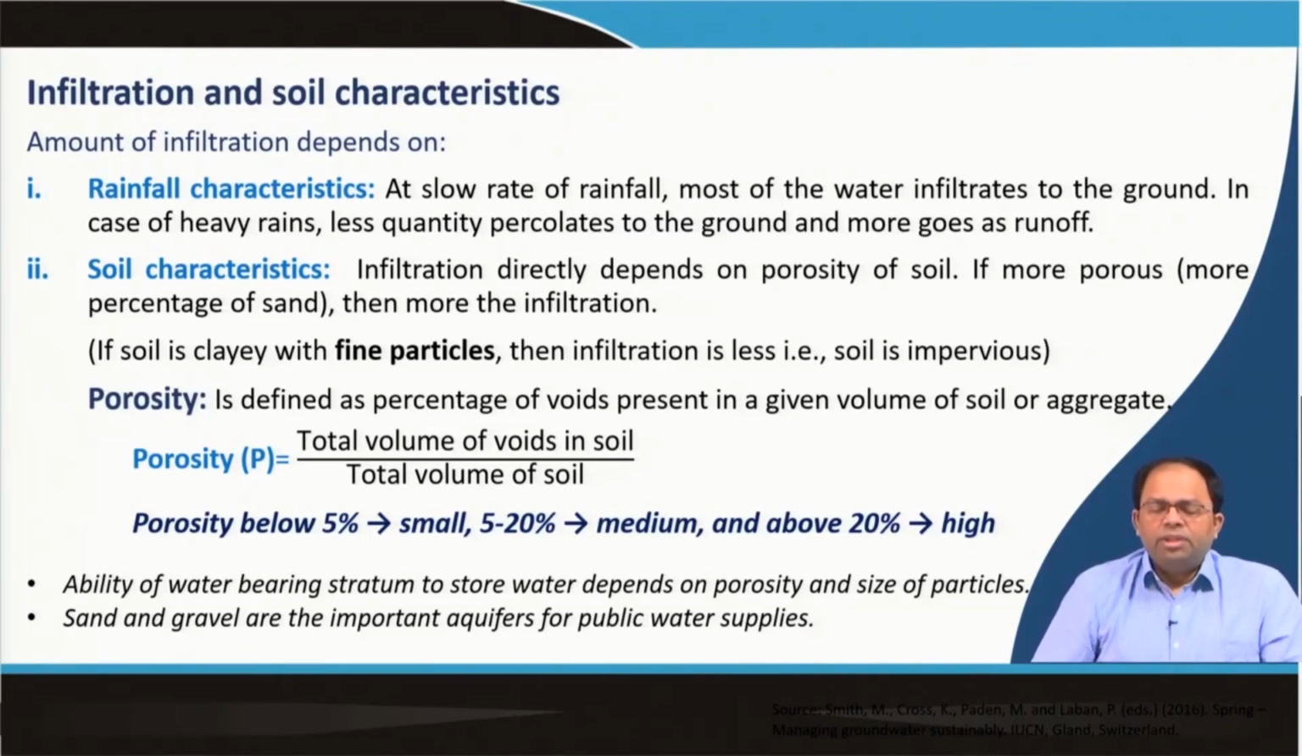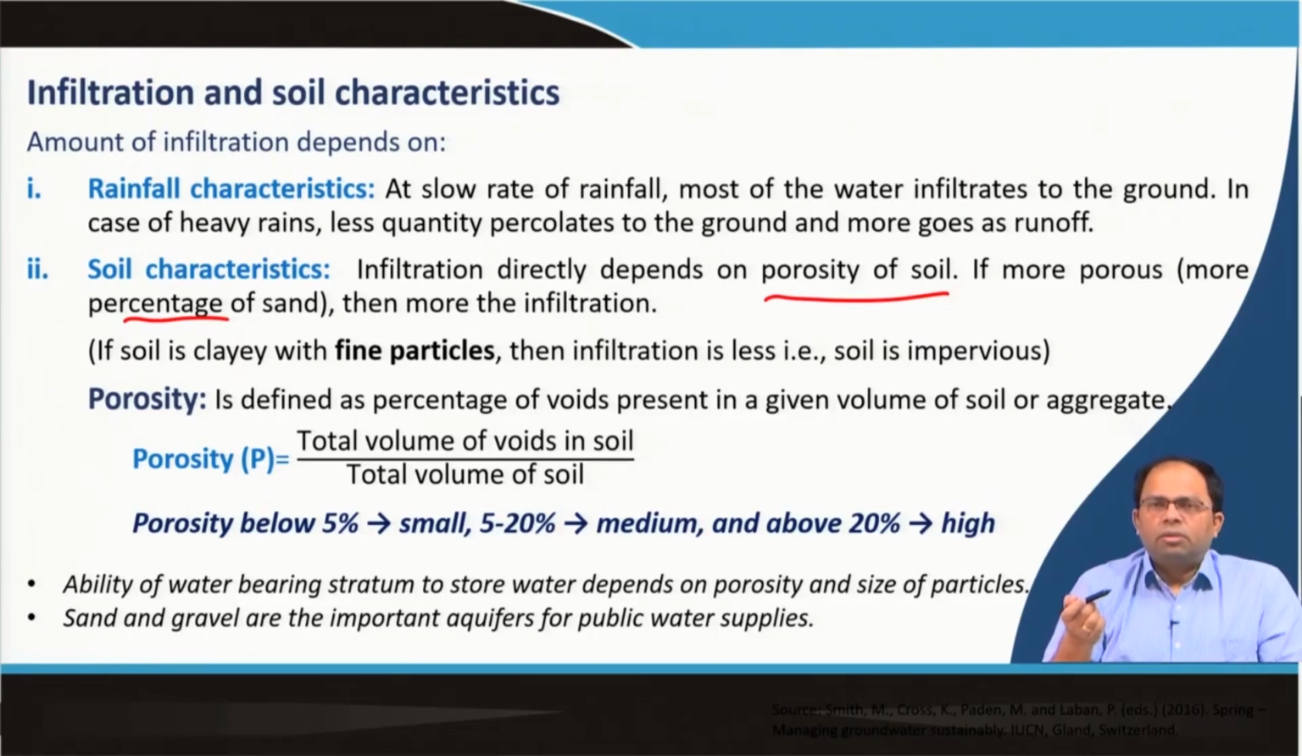For example, infiltration directly depends on the porosity of soil. If more porous, with more percentage of sand, then there is more infiltration. Porosity of soil basically means the pores in the soil, right. And if the soil has more pores, there is more chance of water getting stored there or getting inside. So, in case of sand, we see a lot of water can go inside,